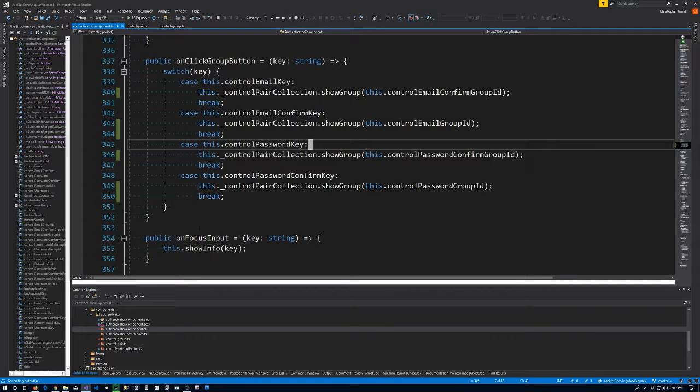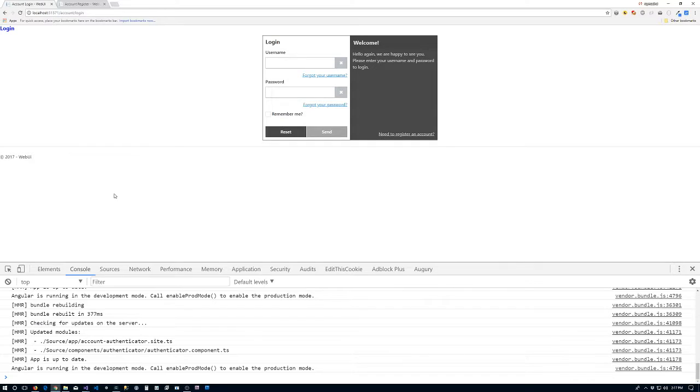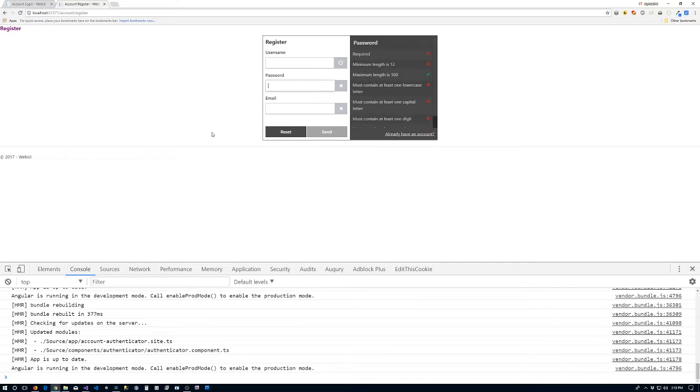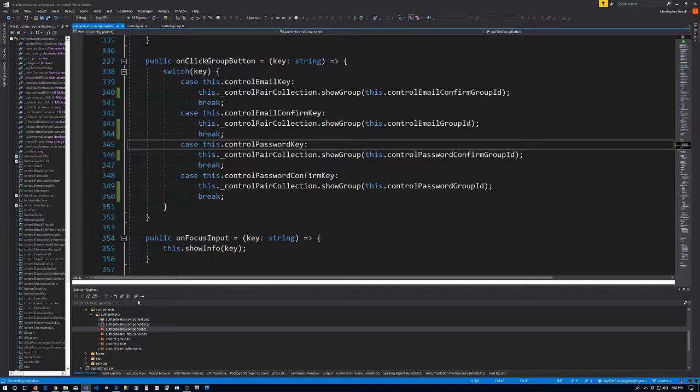All right, save that. Back to our browser here and cross our fingers. So we have the animation working correctly on the password, confirm password. We can see the emails. So that all seems to be working correctly. So let's go back and let's take a look at